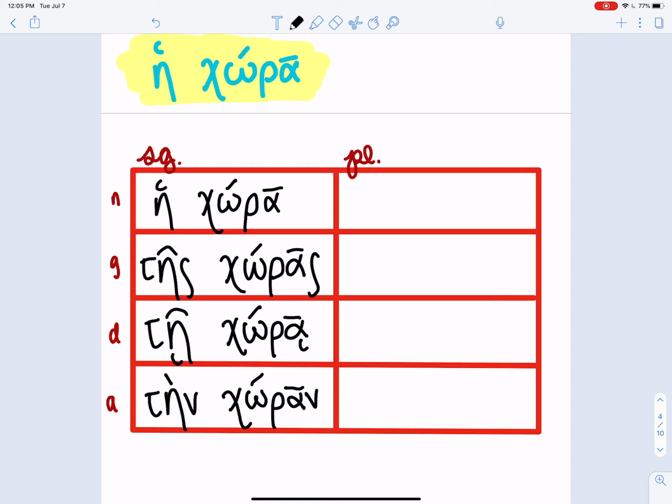On to plural. We have hai for our definite article, then horai, and horai is kind of weird because that acute changes to a circumflex. Not really going to explain that. There are certain things that happen because of specific accenting rules, a couple that I mentioned in lesson 2 if you want to go back and review that,